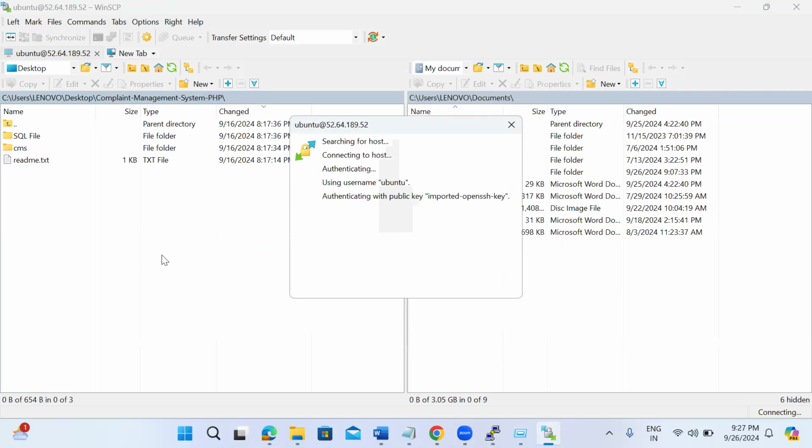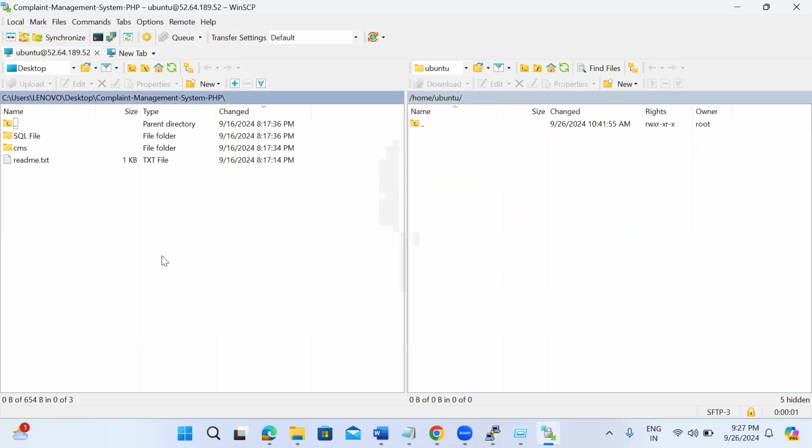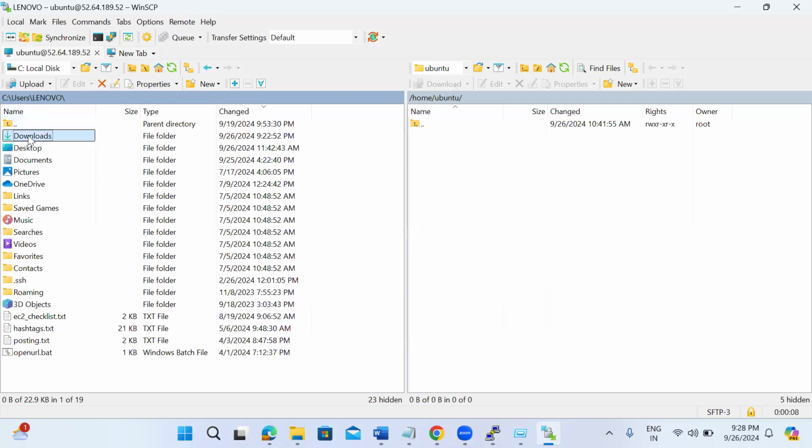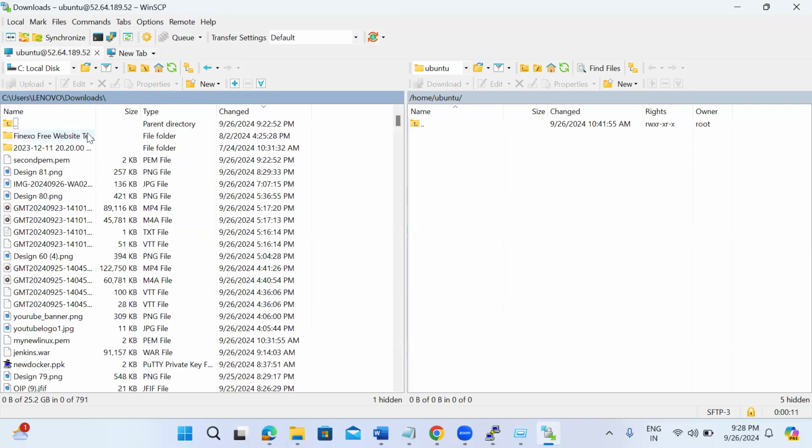Now on the left side, I'll get the downloads, right? In my downloads, I have that second pem key. I'm going to copy it to home Ubuntu. Okay, so what we have done is copied it to that machine. Now if I go to PuTTY,